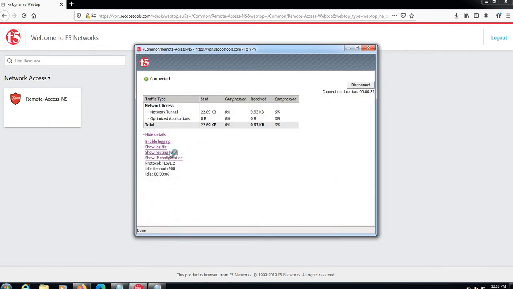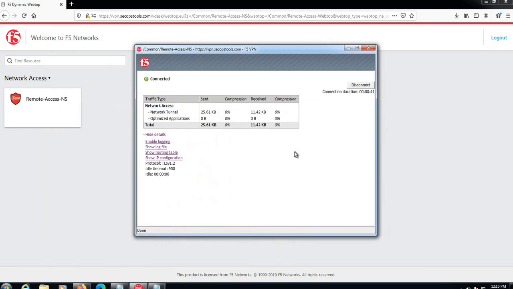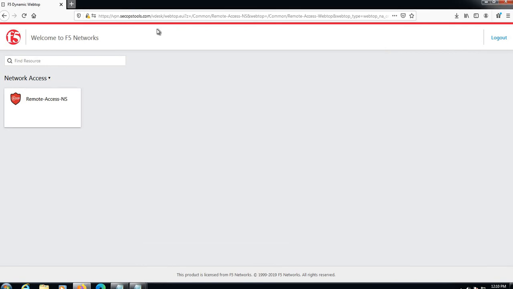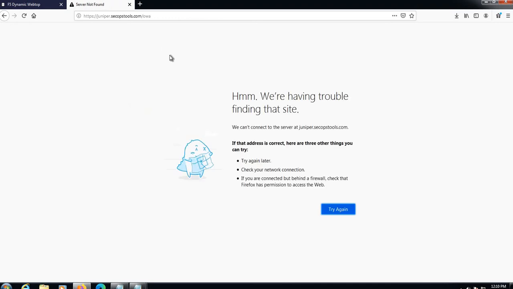Here you can see the routing table. We configured split tunneling, so that's why we can see our route here. So it's fine. Now let us access our internal resources. We'll try to access our OA application with name jupyter.secopstools.com/OA.